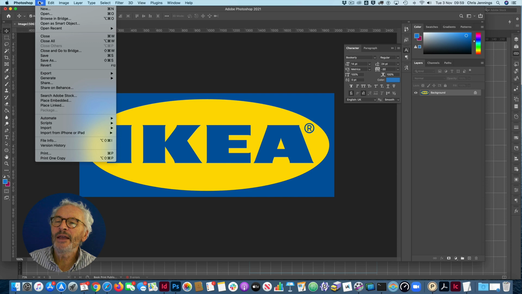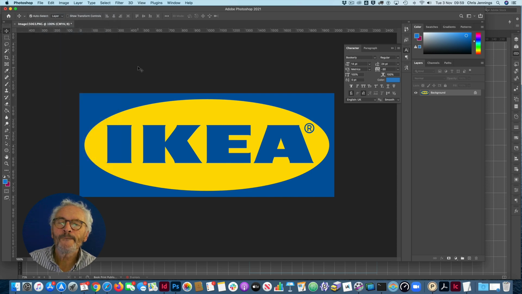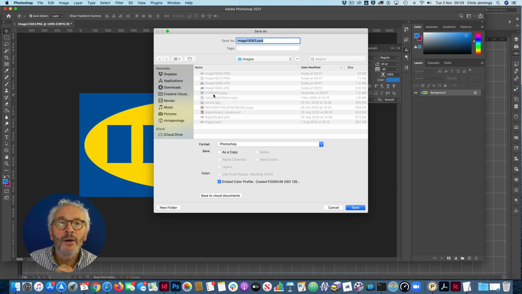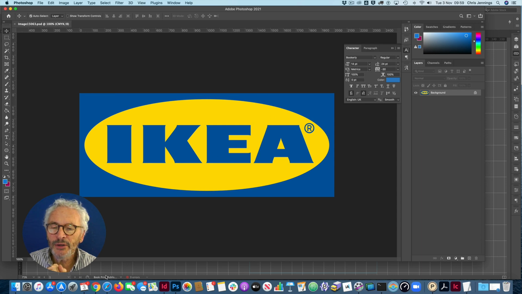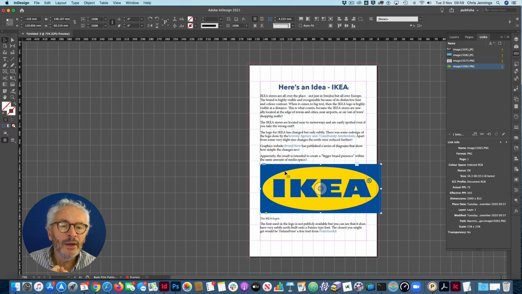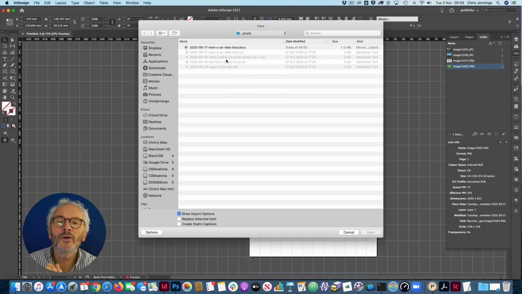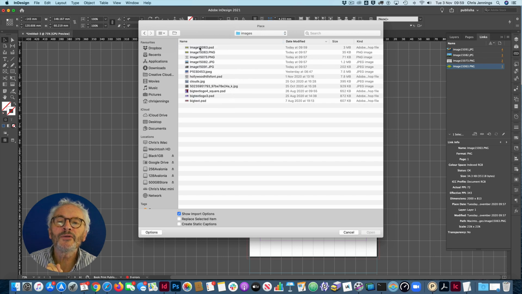So if I now save this, it will still be RGB unless I change the name. So what I'm going to do is I'm going to change it to a Photoshop file like this. So when I now go back to InDesign, that won't have changed, so it's still going to say RGB. So what I need to do now is I need to replace that image with the Photoshop alternative. So the way that I do that is to keep the image selected, go to File, Place, and then I'm looking for, in my folder where I've got all my images, which is here, I'm looking for that Photoshop version